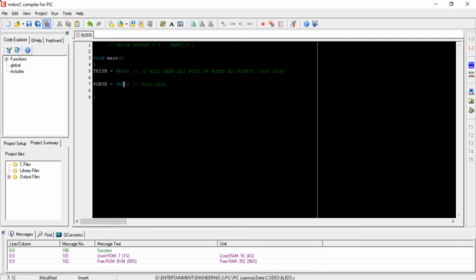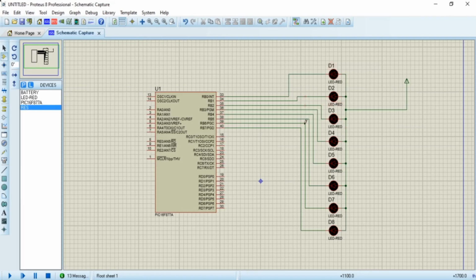Don't confuse TRISB and PORTB. TRISB is only for making pins input or output, and the PORTB command is used to provide the data. Right now I am writing PORTB = 0xF0, which means half the LEDs will glow and half will be off.